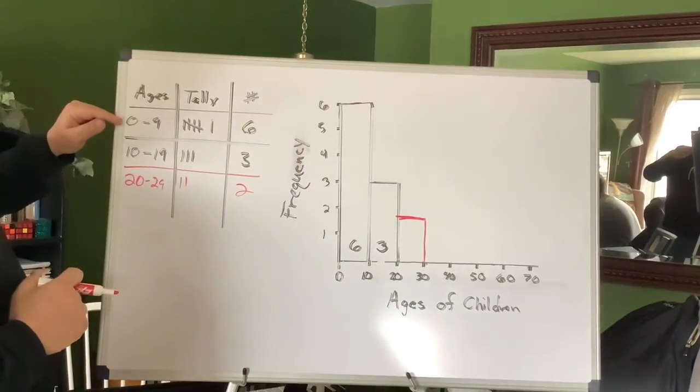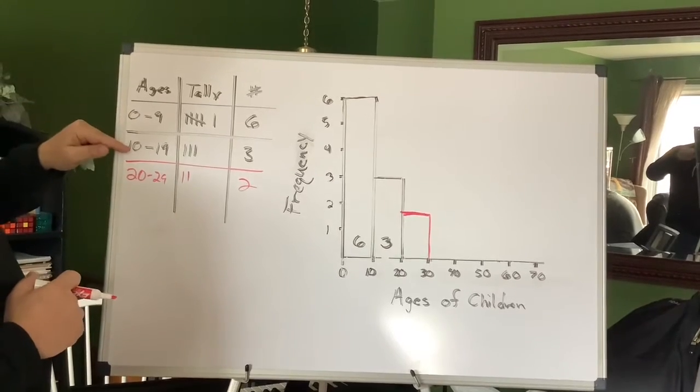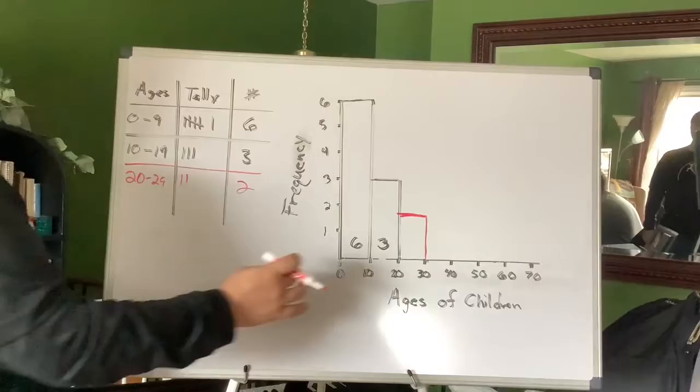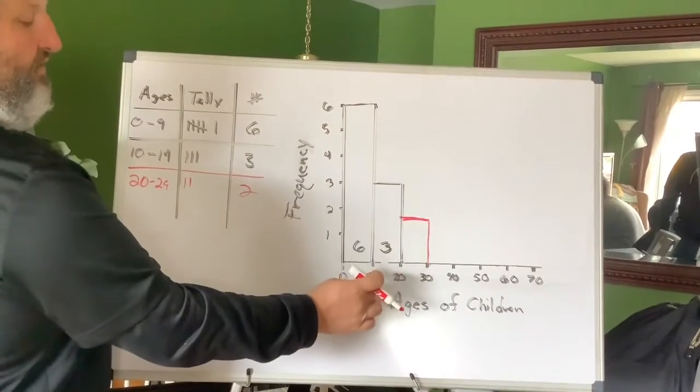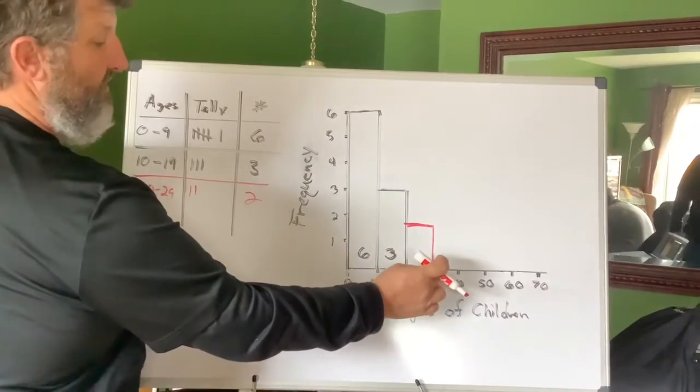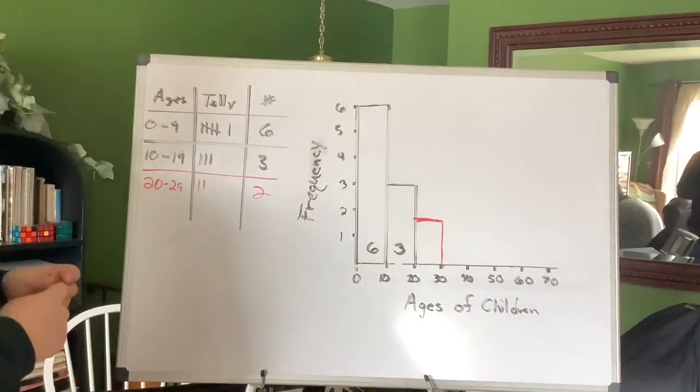So I would still like labeling 0 to 9 here, 10 to 19 here, 20 to 29 here, but don't label it that way. Over here you put the lowest number as the beginning of the next bin. Think of that as the beginning of the next bin, beginning of the next bin, okay? So